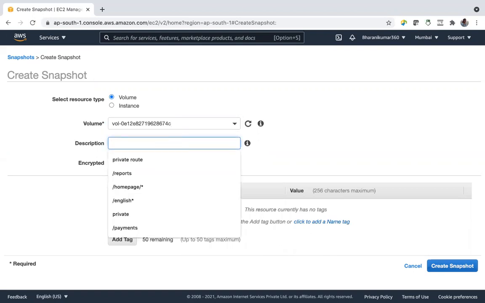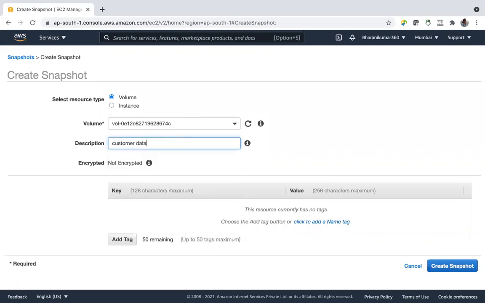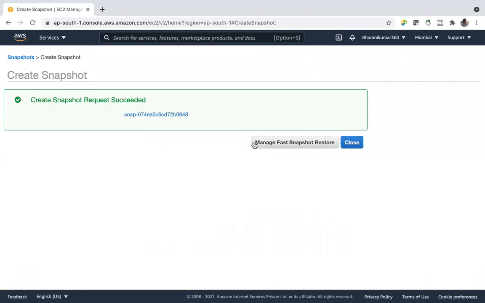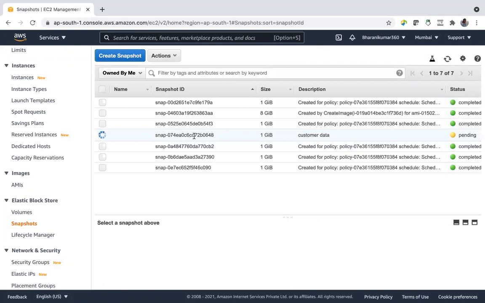Let's say in the description, it has customer data or customer queries, whatever it is. Do you want to encrypt? You can, and create snapshot. See, the snapshot is getting created, customer data.